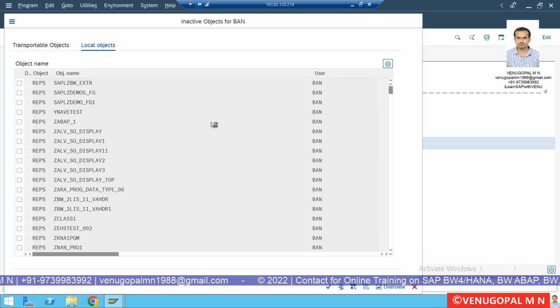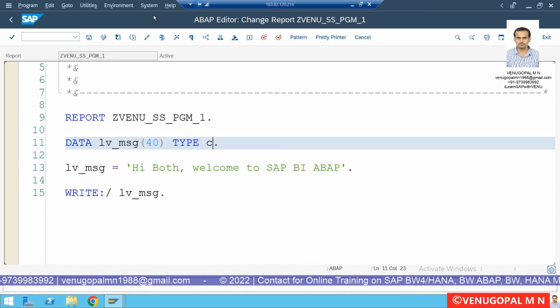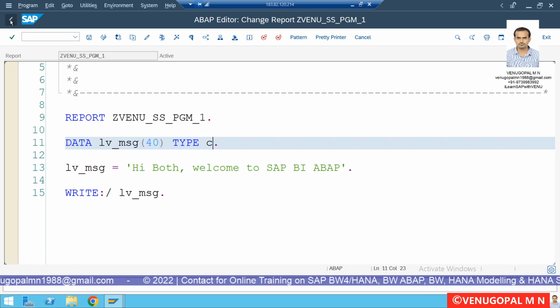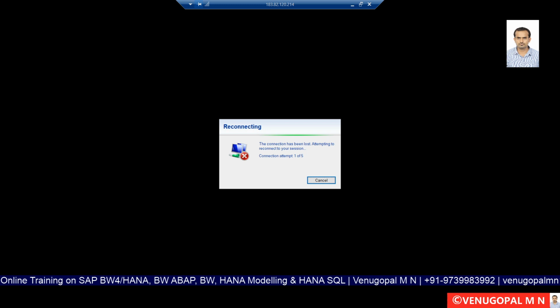Great, guys. So now we know how to create these programs, how are we going to use this in our BW? See, we are learning, we won't be using these kind of programs. Assume that in your transformation or extractor you are going to pull data from a particular table, or else you want to read the first two characters of your